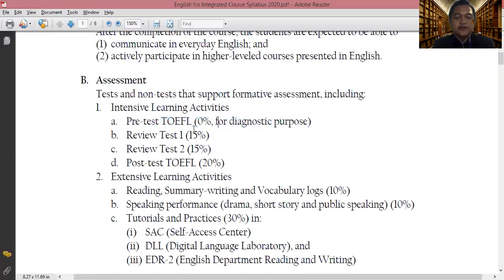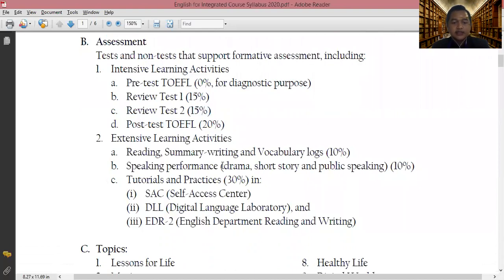And the second is the review test 1, which will be held later in one of the meetings, and review test 2, which accounts for 15% of the total scores, and the last assessment is post-test TOEFL that account for 20% of all the total score. Okay, and the second stream, the second group that takes about 50% of your total score, includes